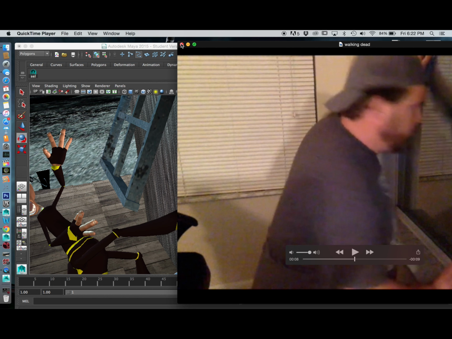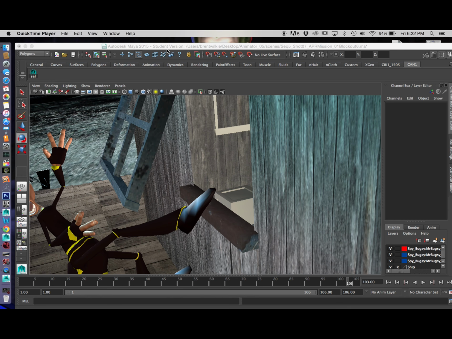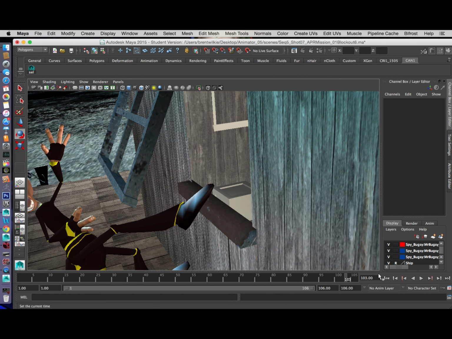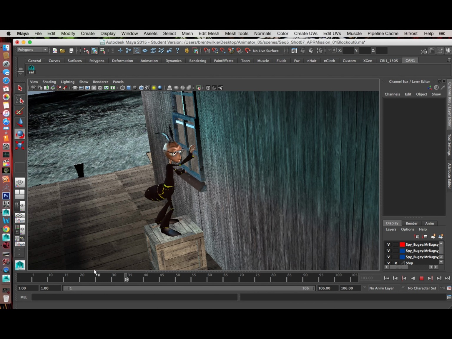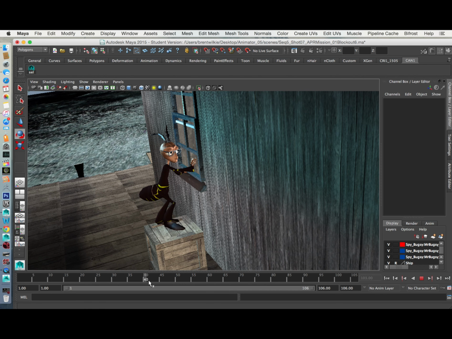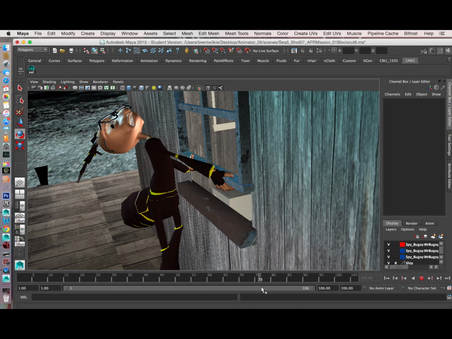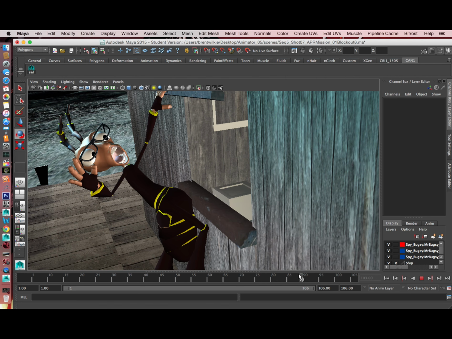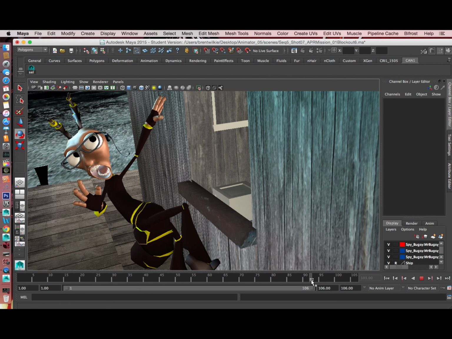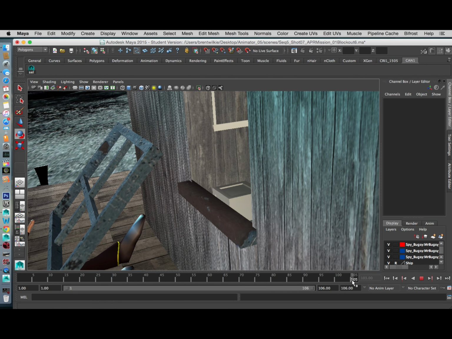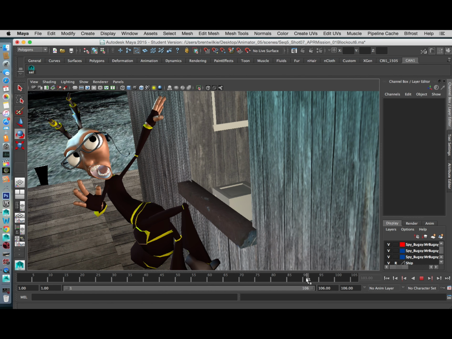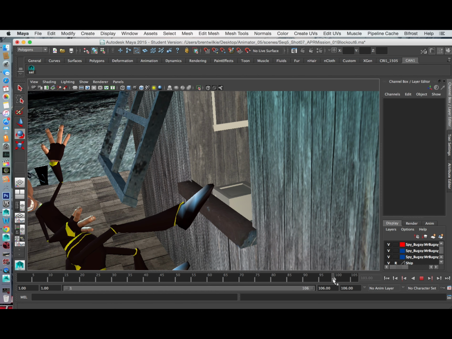So I've still got to go back and shoot some more video reference so I can get some better references for the beginning section here with him investigating the window and trying to find a way in. Because I feel like the lower part of his body is a little too static. And then I need more reference so I can over-exaggerate that in the fall. Other than that, that's what I've got so far for keys and breakdowns for